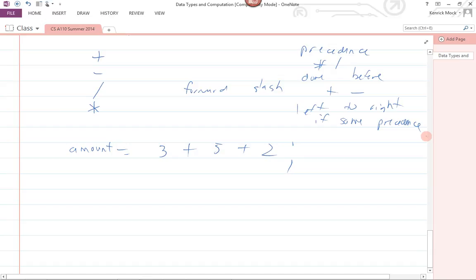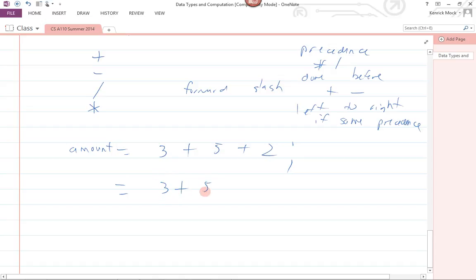So in this particular example, here I have all pluses, and so this operation is going to be done left to right, and so it would be 3 plus 5 to give me 8, and then 8 plus 2 to get 10. But I could have different results, like what if I had